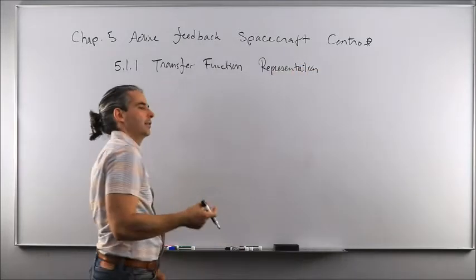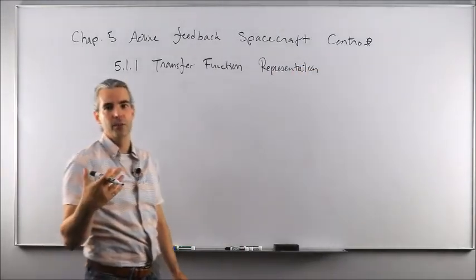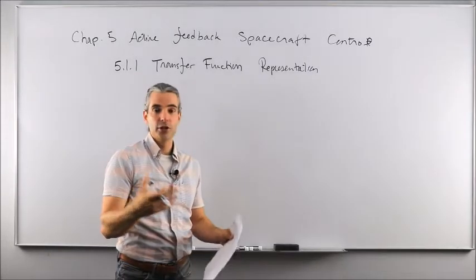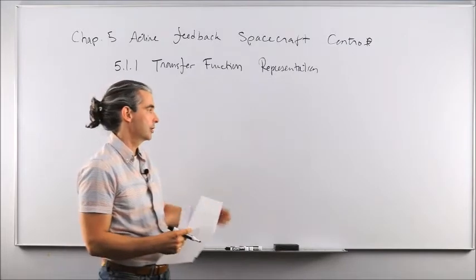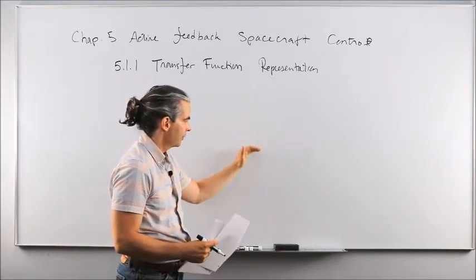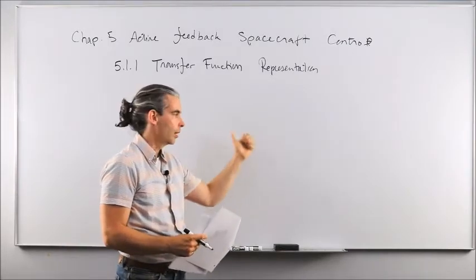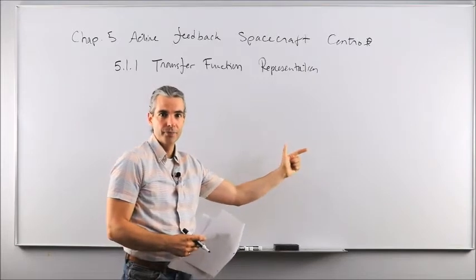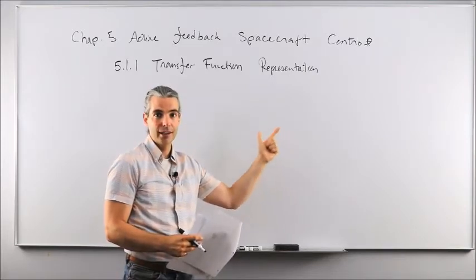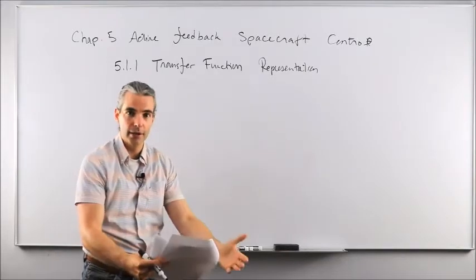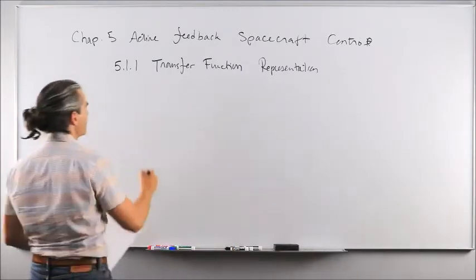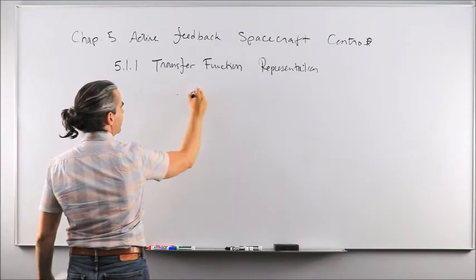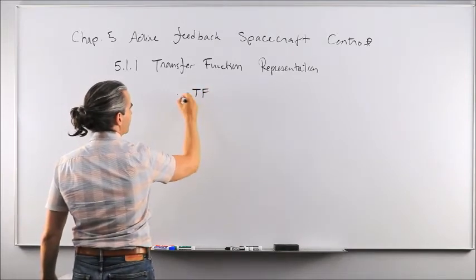So the beauty of neglecting the angular velocity components, or saying that they are small enough to be able to neglect the gyroscopic term in the equations of motion, is that now we have three decoupled equations with one input and one output, and those equations are linear, and we can easily model that using the transfer function representation. Okay? So we're going to say that the transfer function, or TF for short,